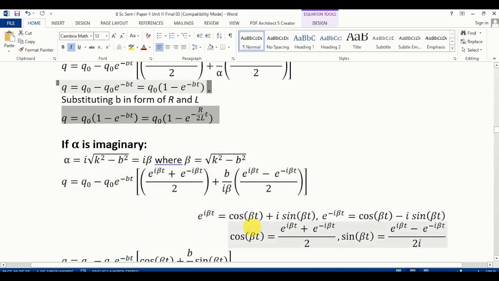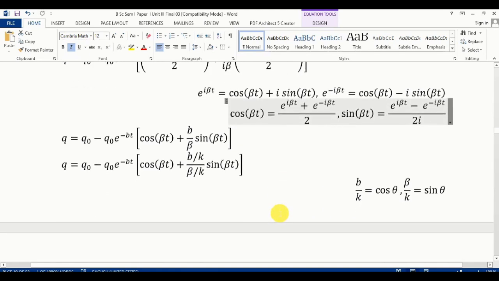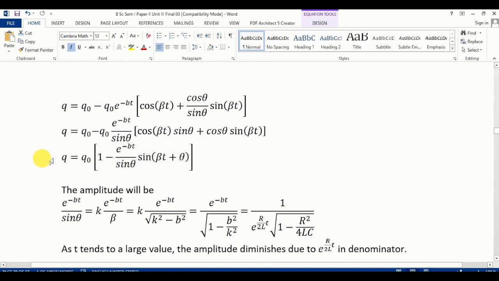So here we can have cosine and sine function, unlike in the first case hyperbolic functions, and some small rearrangement makes it like this. So q equal to q0 into 1 minus e to the power minus bt upon sine theta into sine of beta t plus theta. Now e to the power minus bt upon sine theta, this is kind of amplitude associated with sine function,